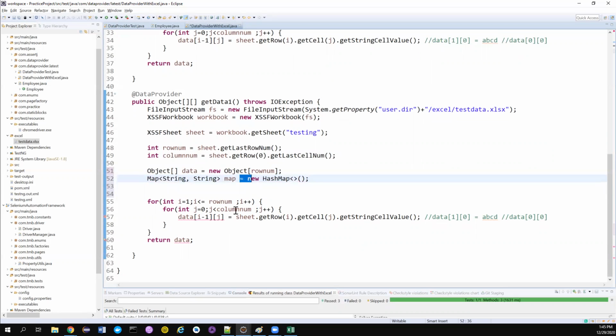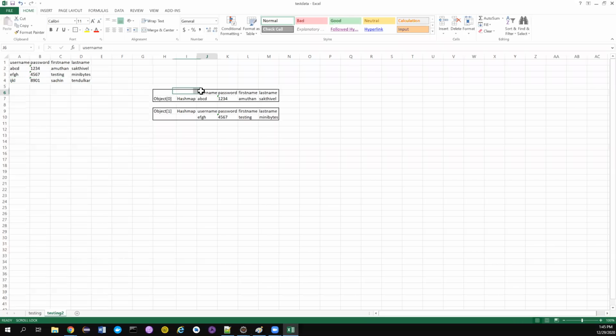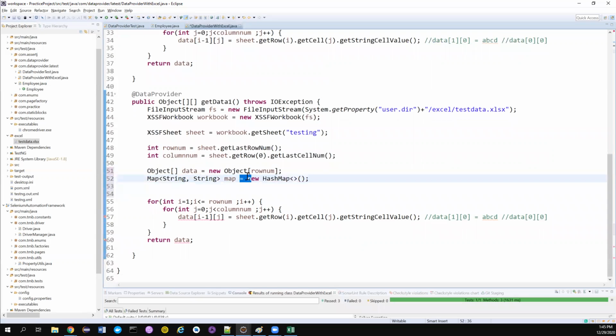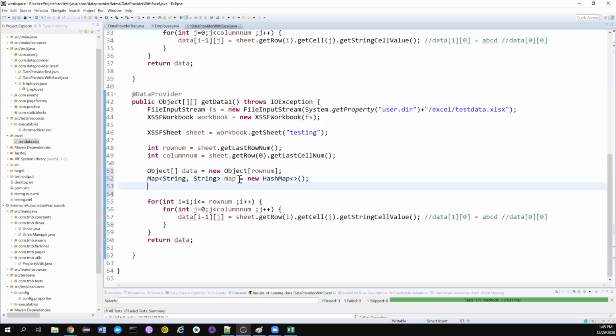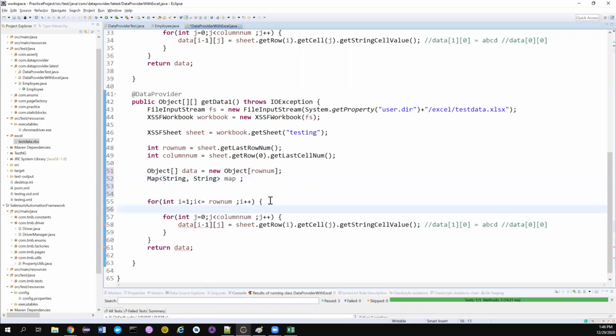But my ultimate goal is, as I already told, I want to get username, password, first name, last name as the key for my first hash map, and the values for these corresponding keys should be like this. So I have to create a hash map for each of my rows. This is a different hash map, and this is going to hold this particular set of values. I cannot afford to create this here, because that will have only one hash map at the end. So what I'm going to do is create it